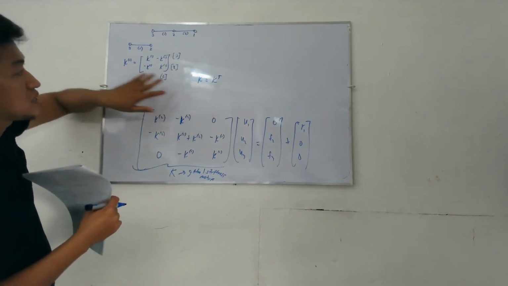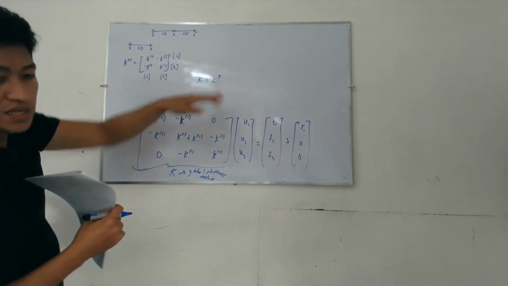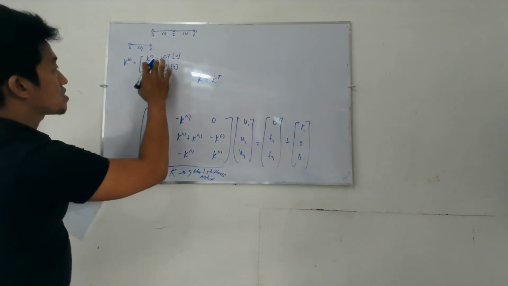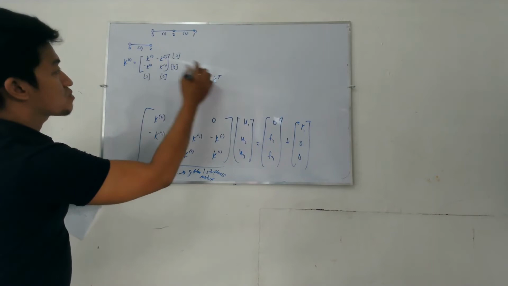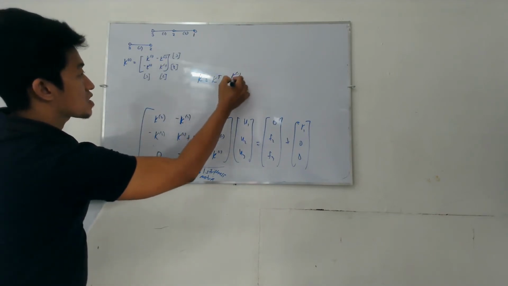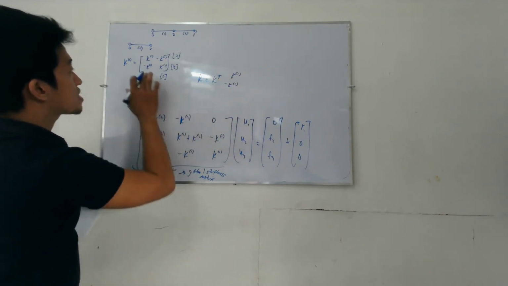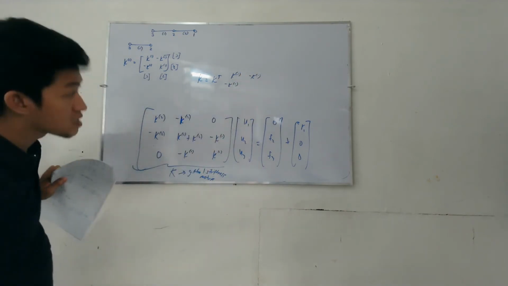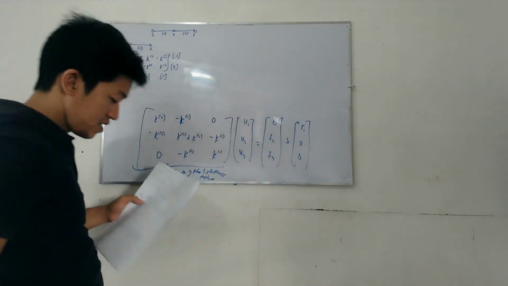If you transpose it, you interchange the rows and columns. If you interchange this, K of 1, negative K of 1, you get the same, so it is equal. Anyway,